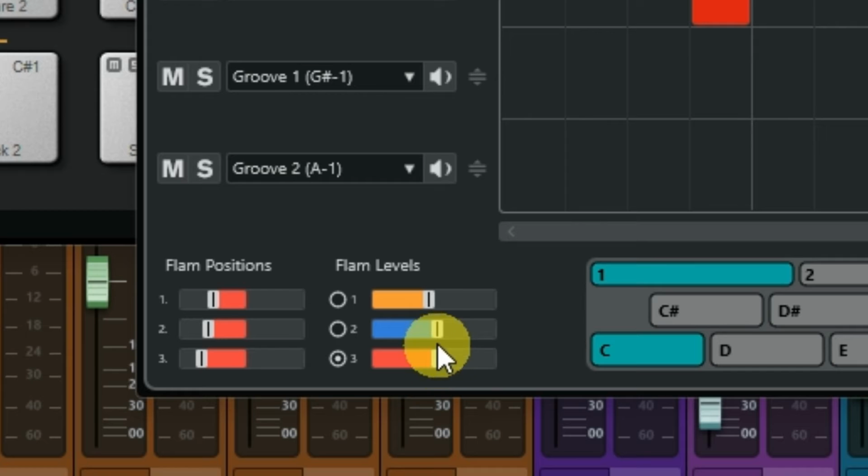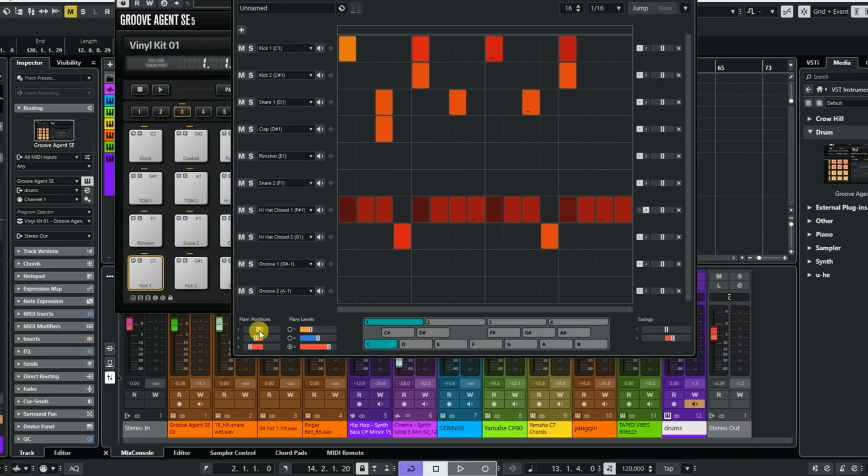I can change these for the positions. I can also adjust the positions here. These are the volumes and these are the positions. So if I play it now,